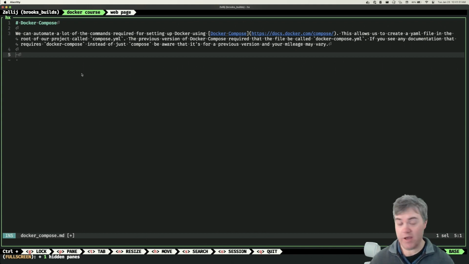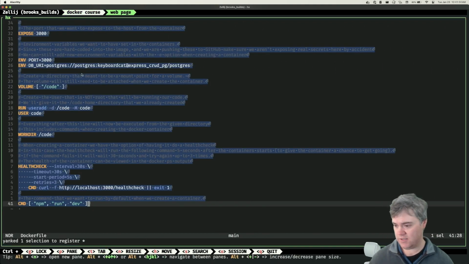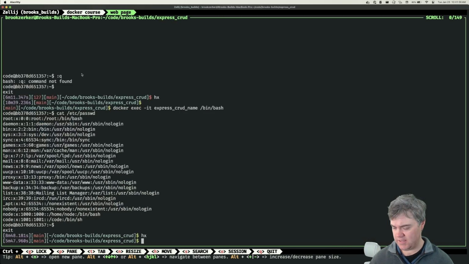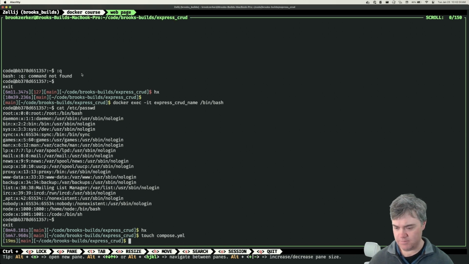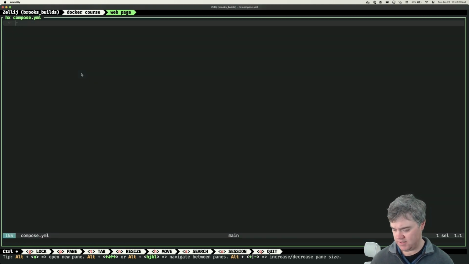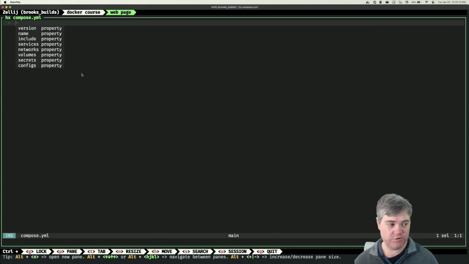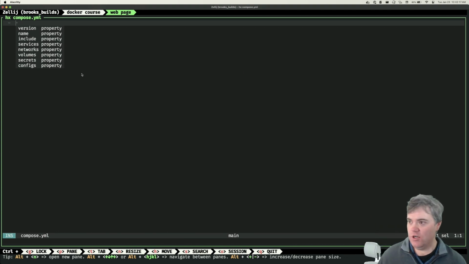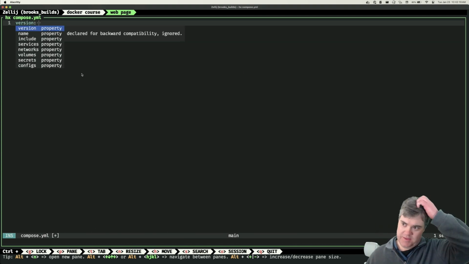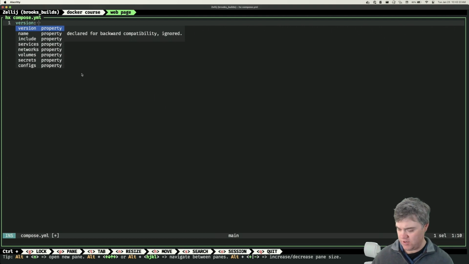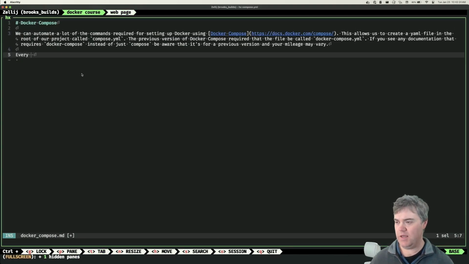Okay, let's go ahead and start creating these. So okay, we're out at the beginning. We're going to touch a compose.yaml file. If I jump into it, okay, yeah, we do get LLM support, so we do get some help with this. So the version, okay, so every time that I use